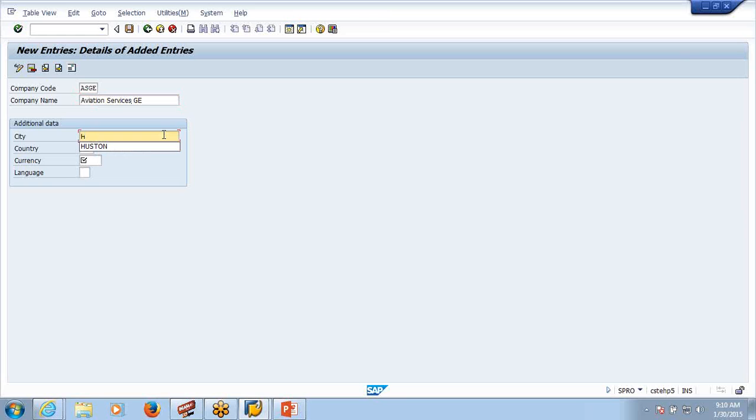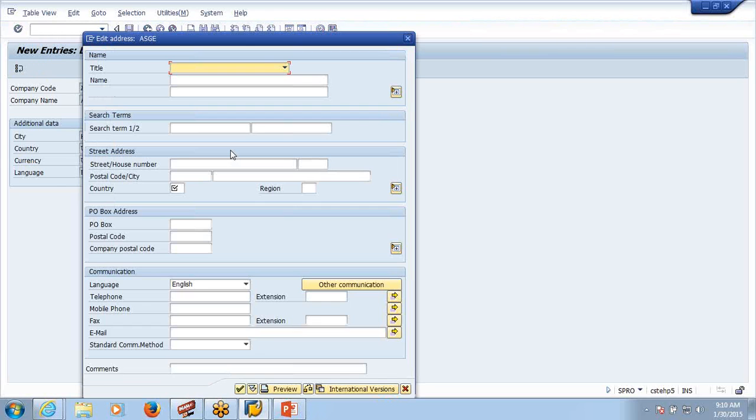Now these are the basic details. Country US. Currency USD. English. And when you're saving this, it's just basic information. Now it pops out a detailed information screen. Your title, company, and then